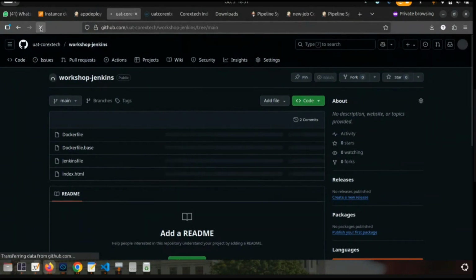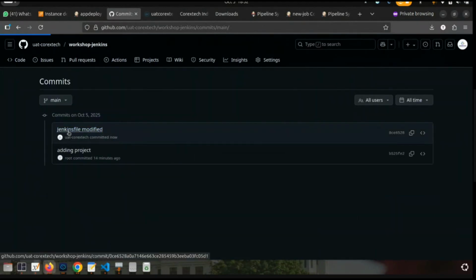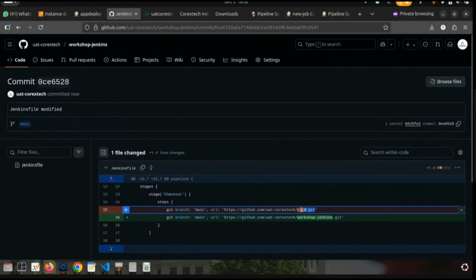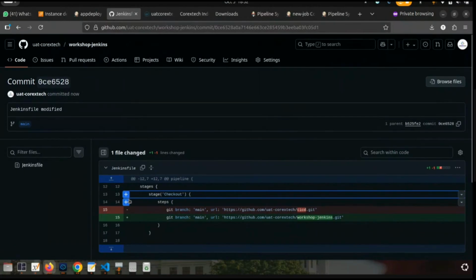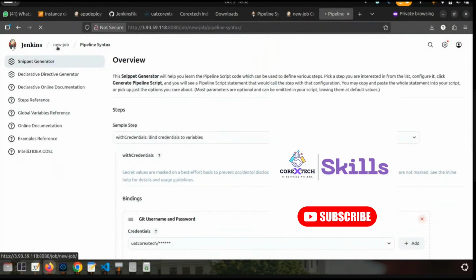So if I refresh this, two commits are there. Jenkins file modified. We can see here previously this was the repo mentioned. The minus sign means this got removed and the plus sign means the new repo URL is getting added. You can see here workshop.jenkins is changed. Now we have to utilize this Jenkins file in our pipeline. So for that, just go to the new job. Inside this job,